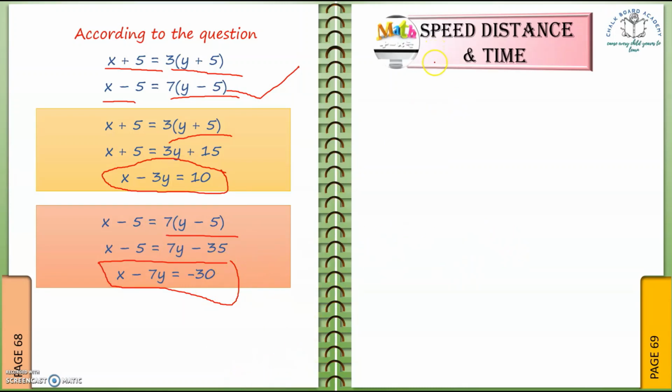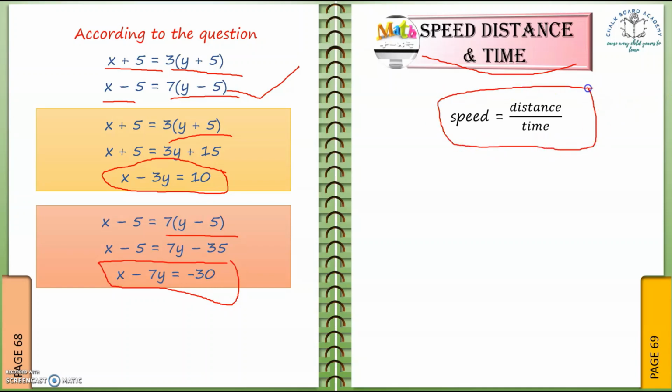Now the last part here is speed, distance and time. In speed, distance and time, the first thing we should be aware of is this formula, that speed is equal to distance upon time. So we will be equating, either taking speed on both sides or time on both sides, to equate the questions. So here we will be given some questions like the speed of boat is this and the speed of stream is this, or even upstream or downstream.